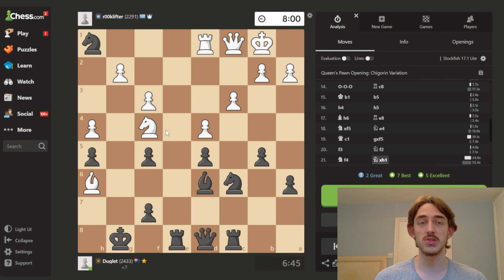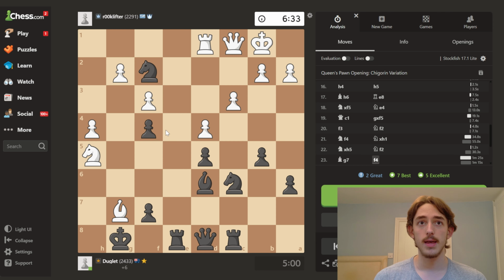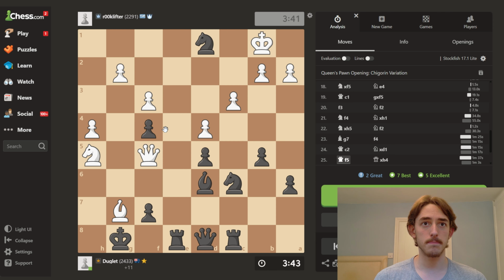White sacrificed the rook and is now going for an attack. And yeah, maybe this is a critical position as well. They're invading with the queen and seeing whether or not white actually has any attack. So after I've done that and I've tried to evaluate the critical positions on my own without the engine, what you